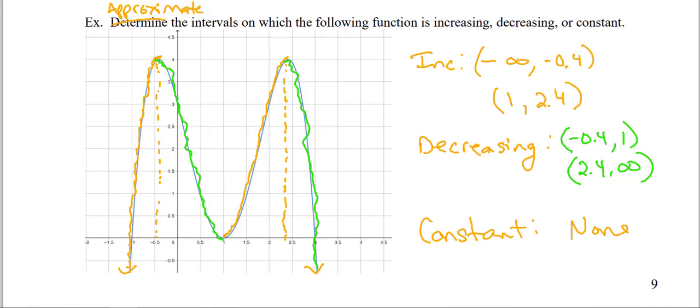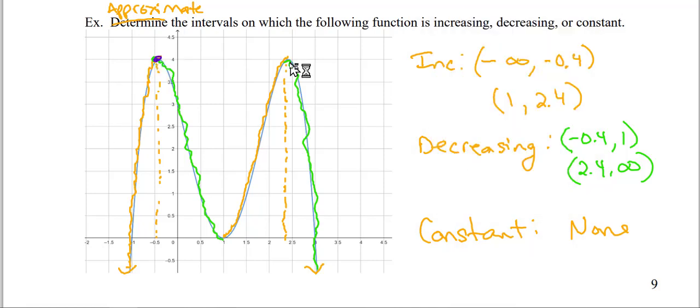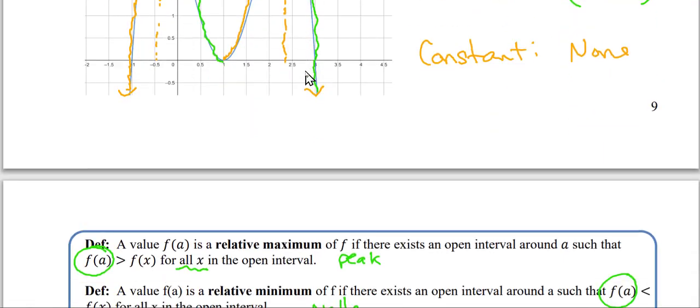So these two points up here, this guy, I'm going to grab another color. This guy here appear to be, are both relative maximums because they are bigger than everything around them. If you look at all this area right around it on the function, it's higher than that. Same thing over here. So I would say we have a relative max